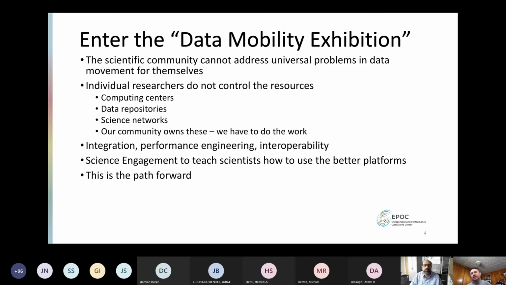So we have a data mobility exhibition program started around this. This goes into the different pieces around the cyber infrastructure that people work with, whether it's computing, data, or the science networks. All those pieces are relevant, but a lot of times they're out of the researcher's control. So through science engagement, we can actually go out and try to understand the workflow and try to find any one of those pieces to tune to try to get the data transfer up, as well as the